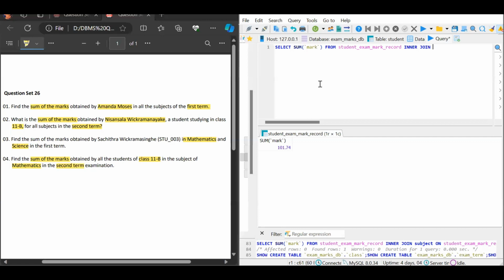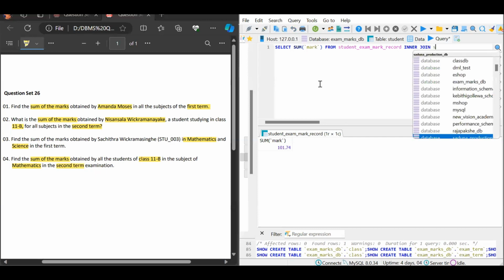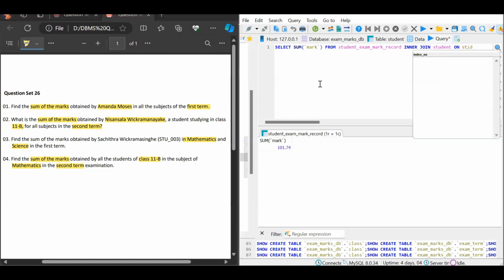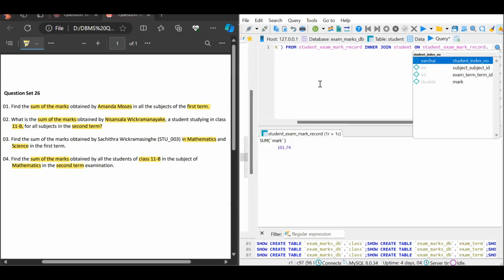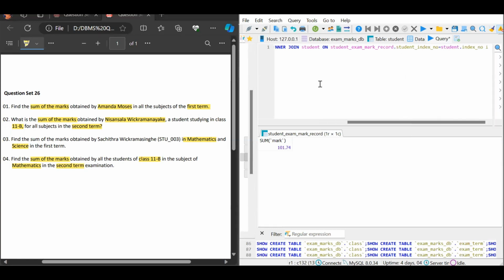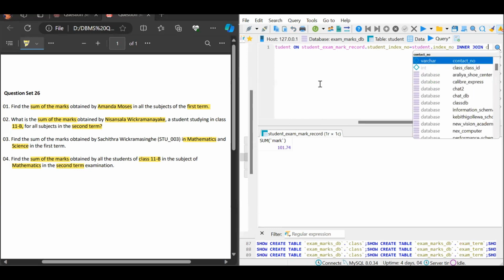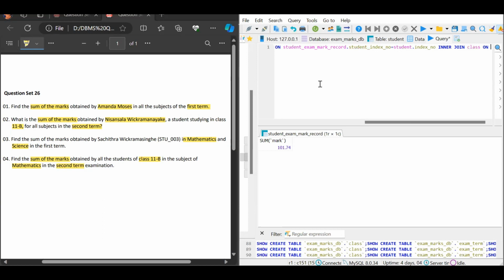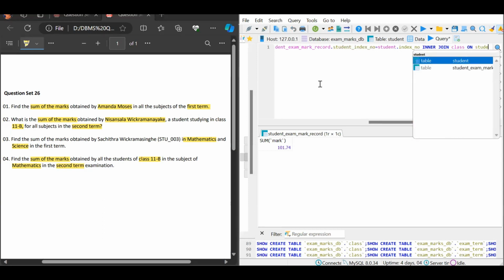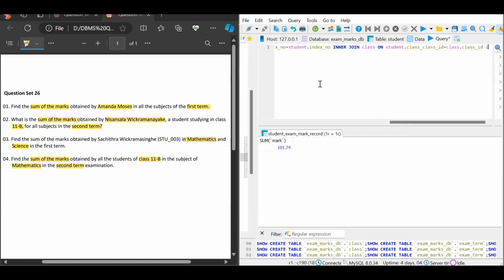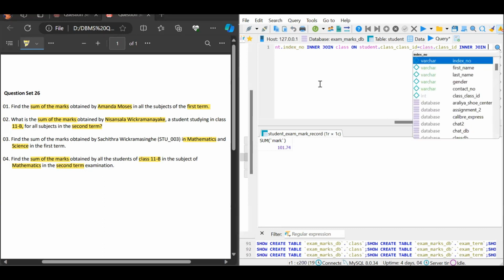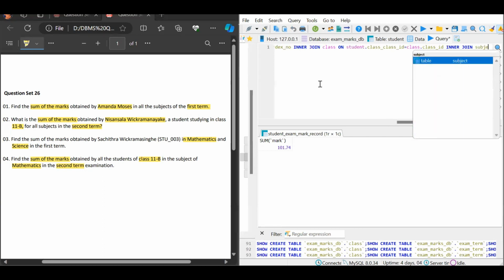Here we have to use the student table as it is the table that is linked with the class table, so we can join the student table on student exam mark record table dot student index number equals to student table dot index number, and then we can use the inner join again and join our class table, and then we use the on keyword here, and then we can give the student table dot the class id equals to class table dot the class id, and then after that we can use an inner join again, and then we can join the subject table,